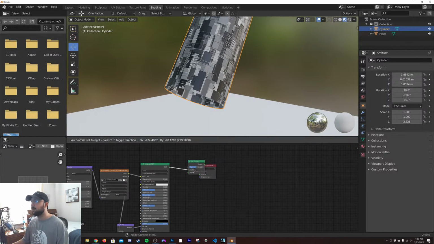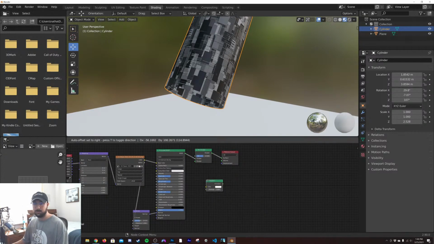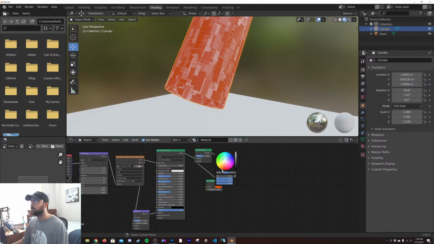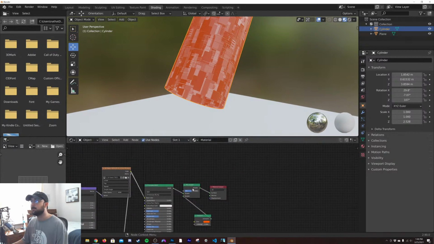So mix shader, pop that there. We'll get an emission node. We'll go here, and then we'll get this orange. And then I'm going to use this JS placement to make some of these blocks glow.